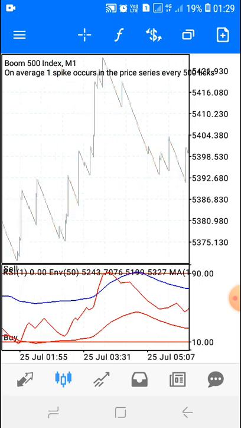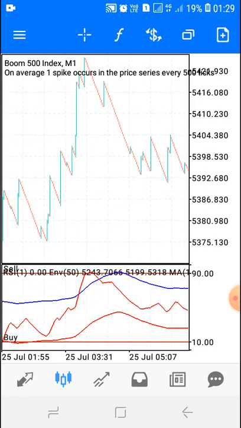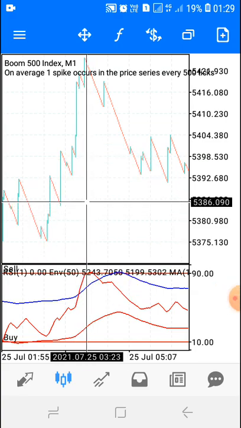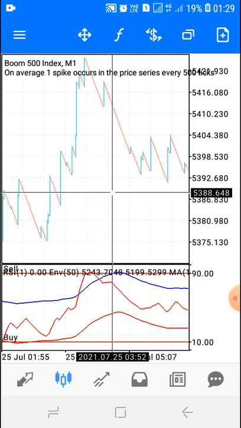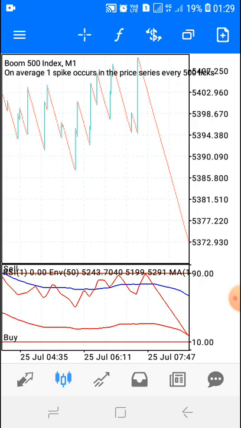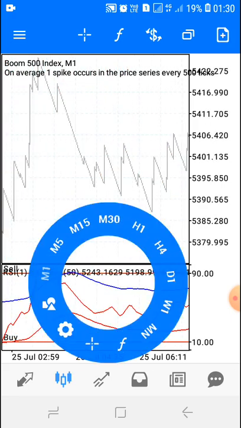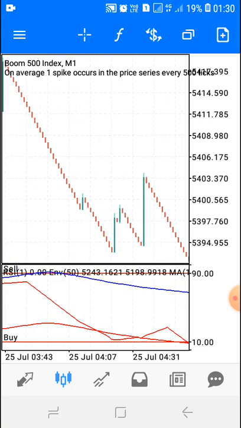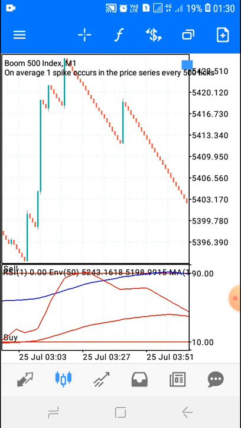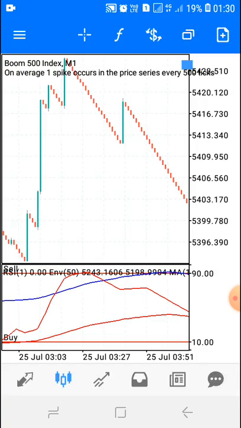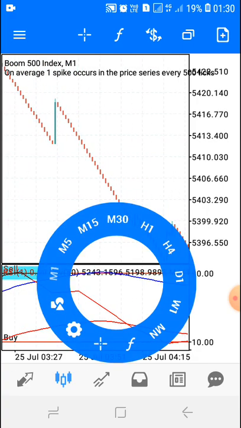You need to drag your screen to the left and to the right to check if the moving average doesn't move. And if you don't just want to take the entry like this, if for example the moving average is like this, right, you can wait until the envelope touches the 90 level and the envelope doesn't move, right, then you can take your entry. For example, let me just zoom in a little bit. This will be your first confirmation, right? And your second confirmation will be